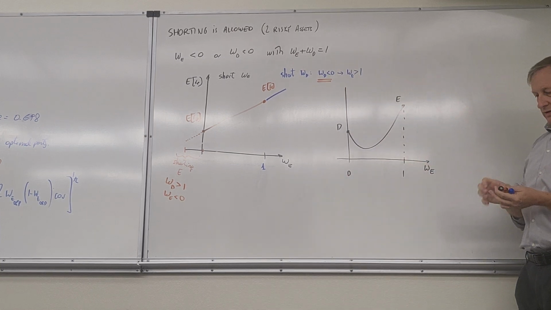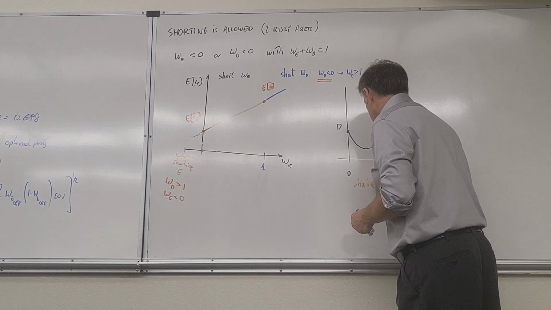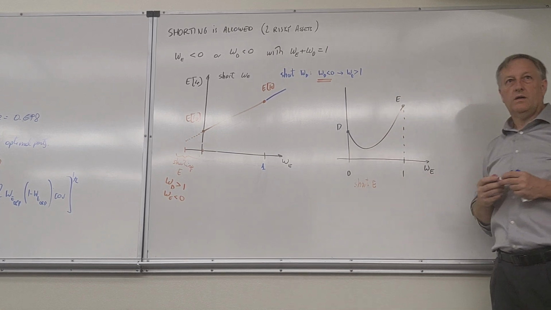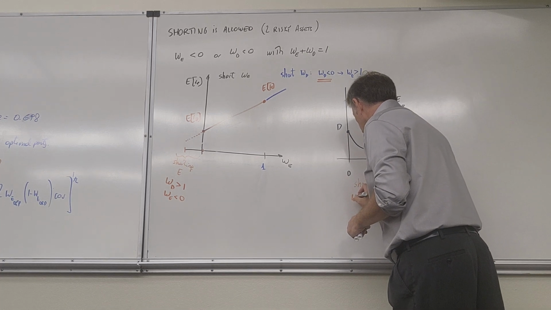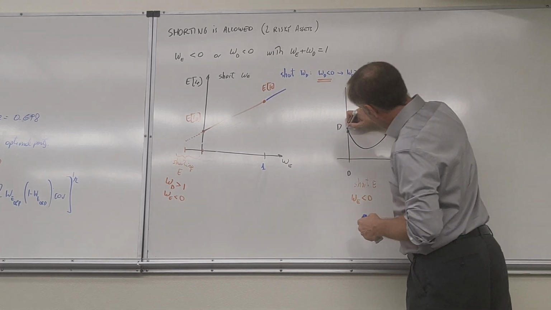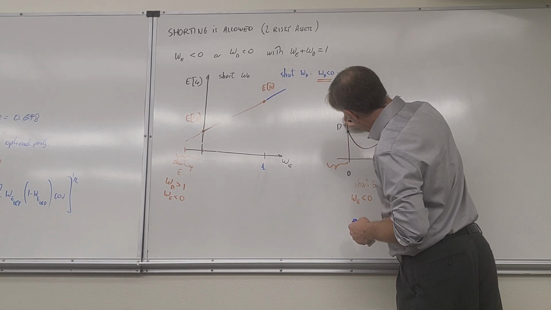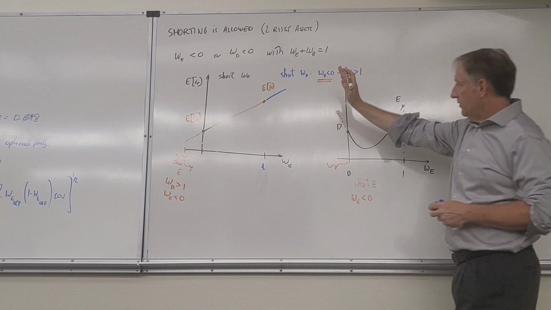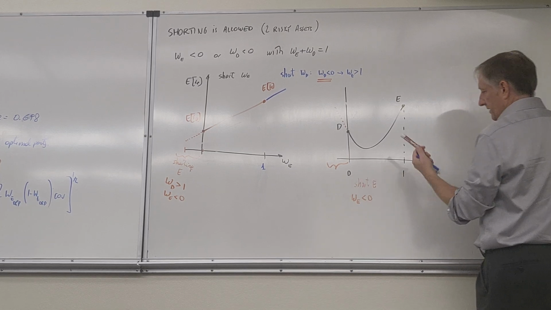Let's suppose I short equity. What does it mean? If I short equity, that means that the weight of equity is less than 0. So using the same formula, the weight of equity less than 0 is on this side. That means that this graph will be extended on the left hand. So you're graphing more of that parabola than before. Before you were restricted between 0 and 1, now you're restricted